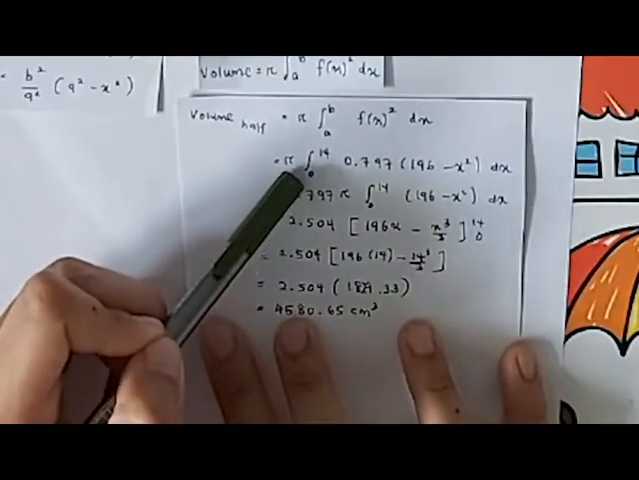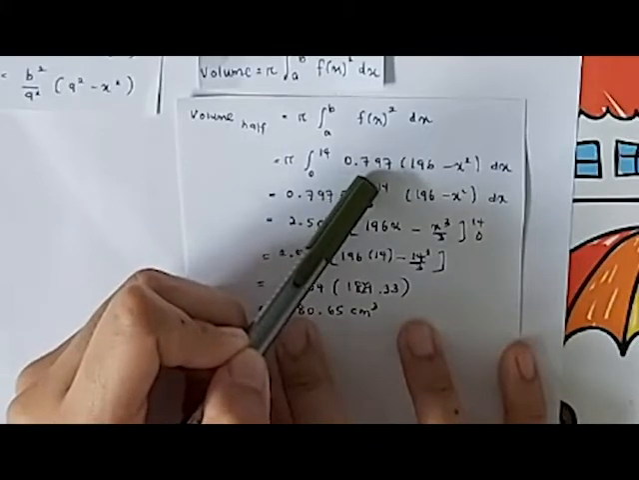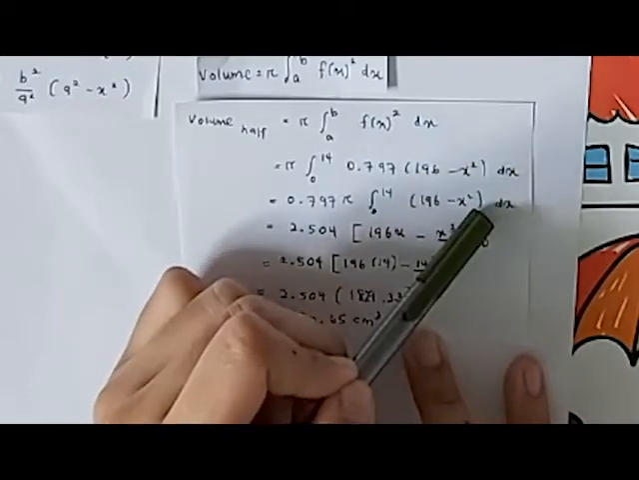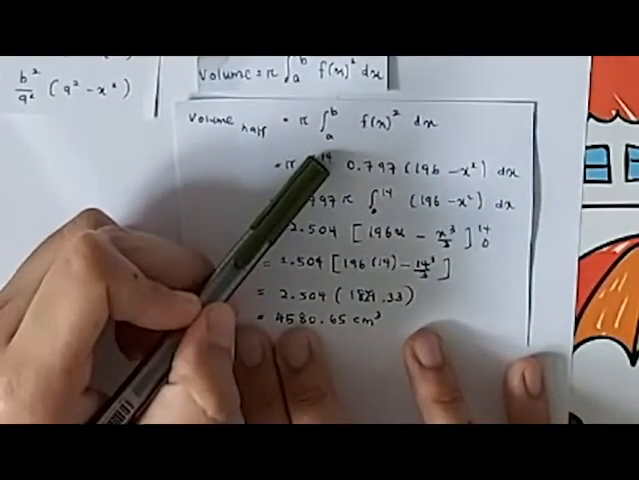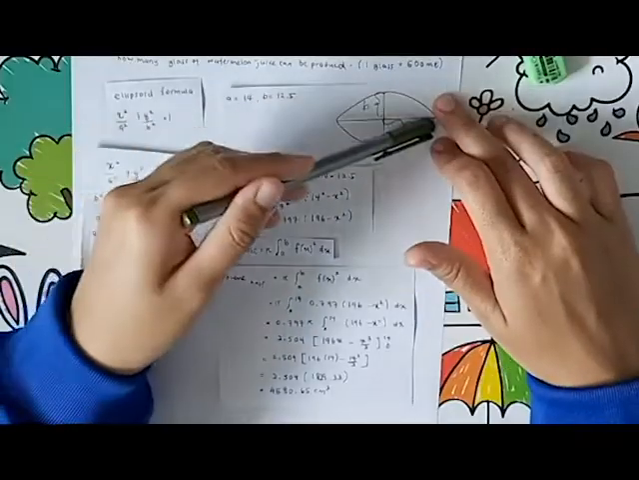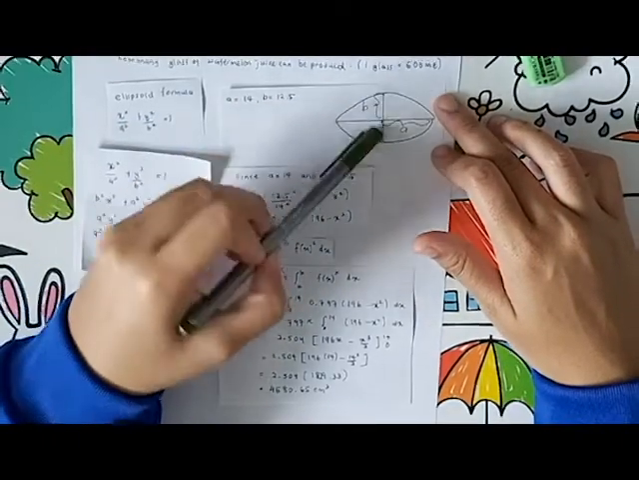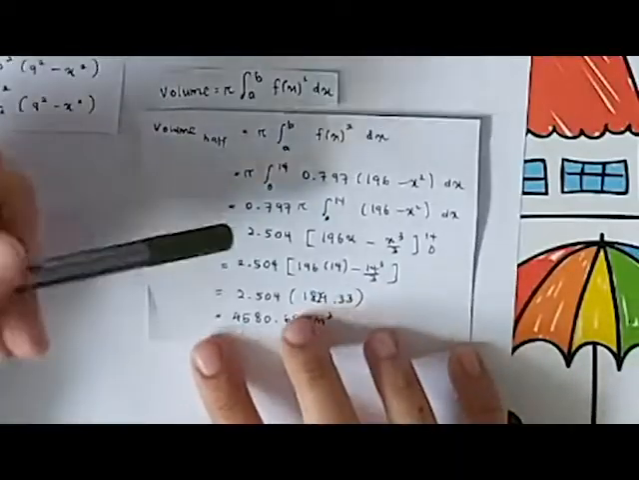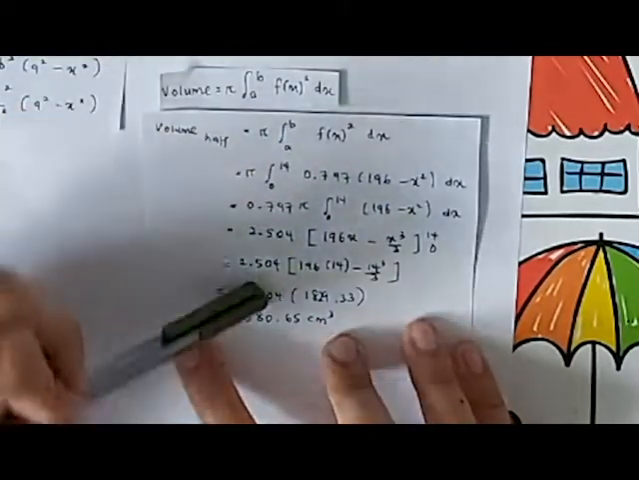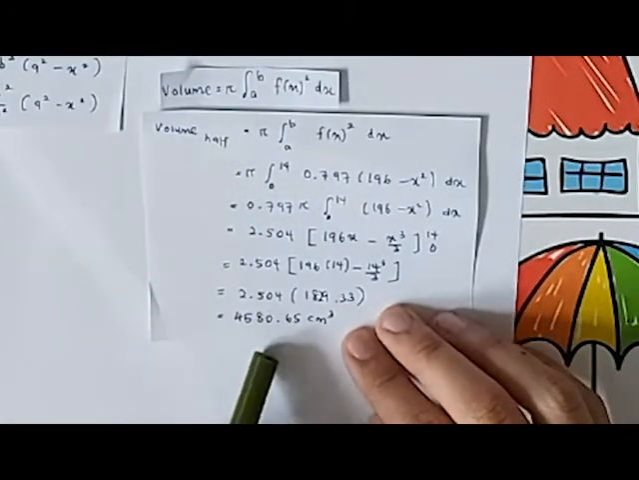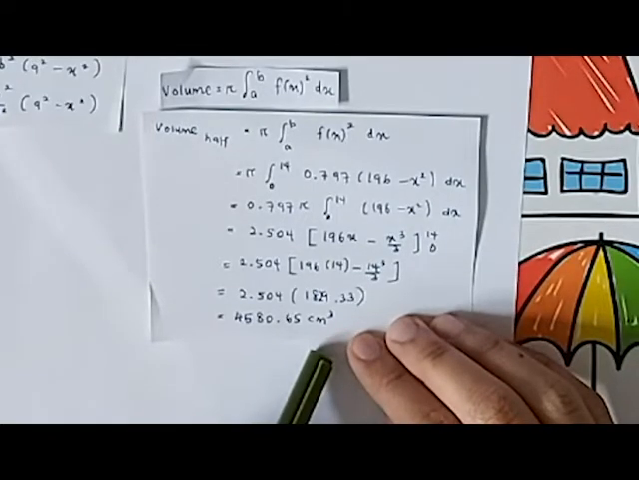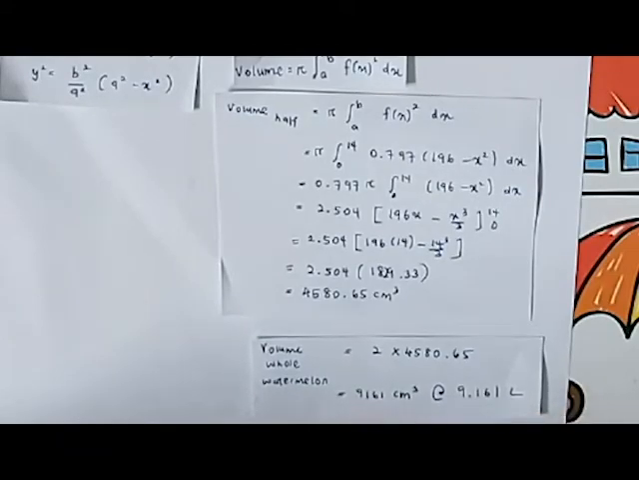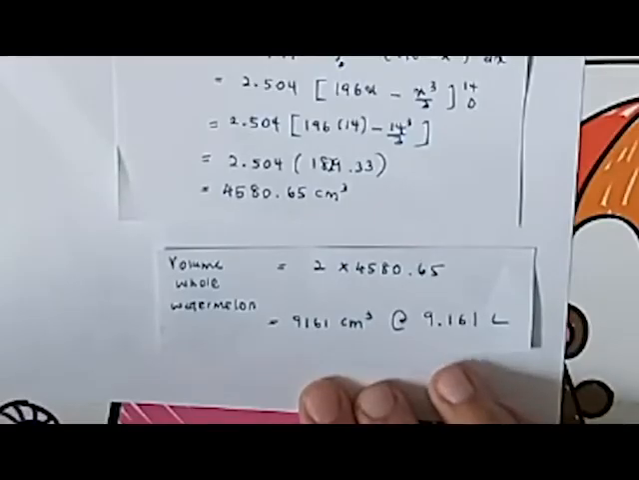Pi integrate 0 to 14, 0.797 bracket 196 minus x squared bracket again dx. Why 0 until 14? Because to find only half of the watermelon, it is from 0 to 14, because this length is 14. So integrate it normally until you get 4580.65 cm cube. And then, as I said earlier, multiply it by 2 and you get 9161 cm cube